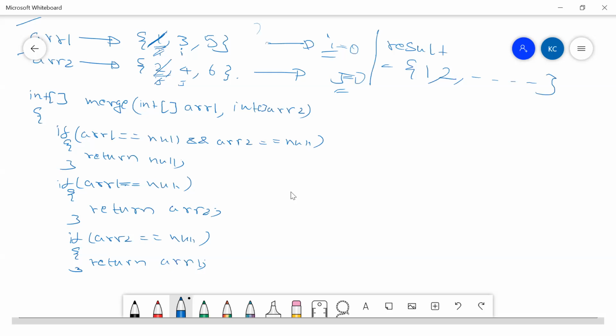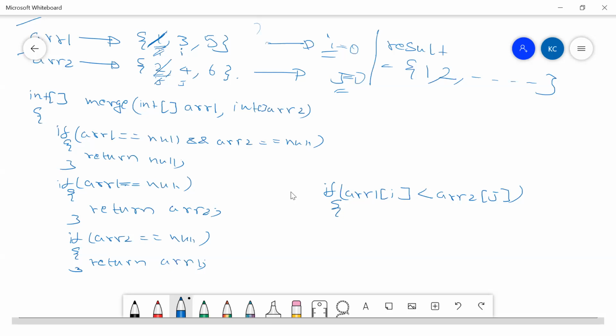So until what point, guys? If ARR1 of I is less than ARR2 of J, in this case, what am I trying to do?